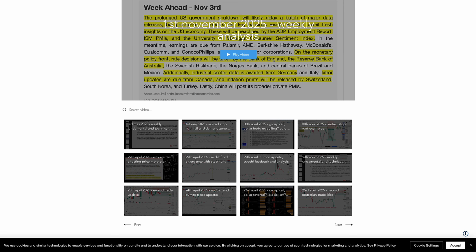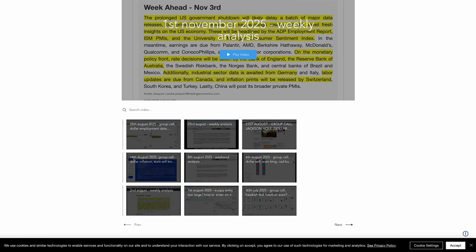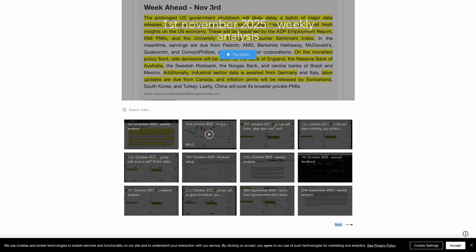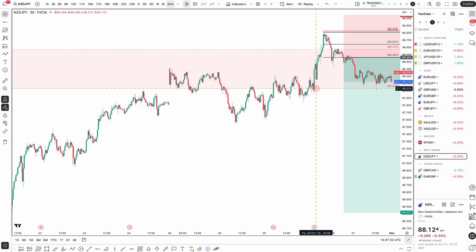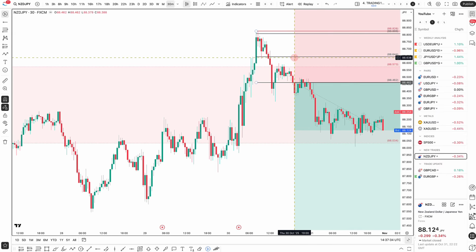If you are in the group, then it would have been the, one second, let's go back to today's current date. So you can see here, New Zealand yen, did a trade analysis on that there for the members. So we managed to get involved in this. Zooming down, my entry was around here. Now I'm only in one position.